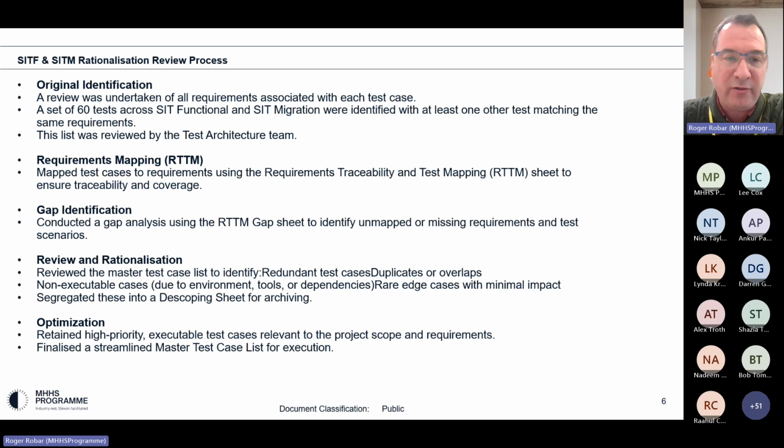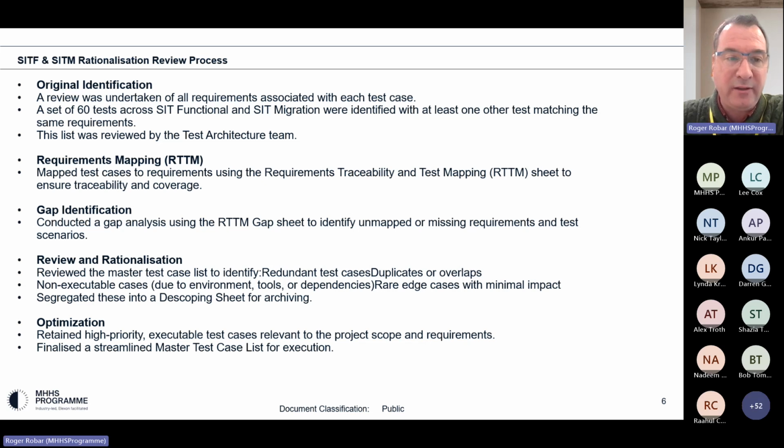And we found that across the entire scope of functional migration, there were a set of 60 tests that had at least one other test that matched the exact same requirements. So we did that analysis, brought that list to the test architecture team. Kevin's group, now being led by Salman Bukhari.